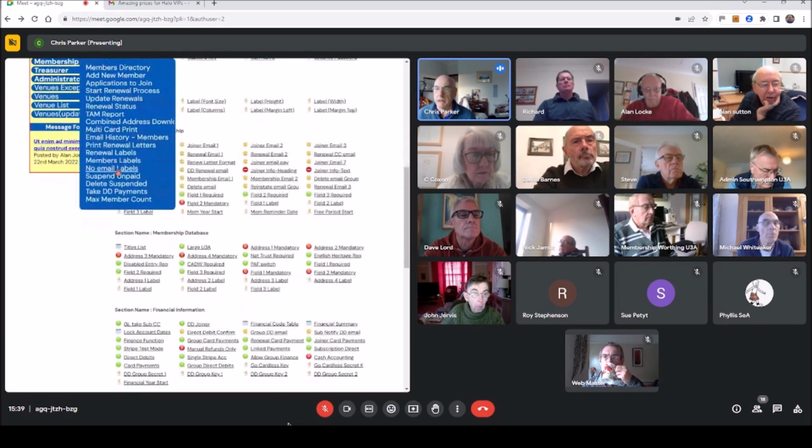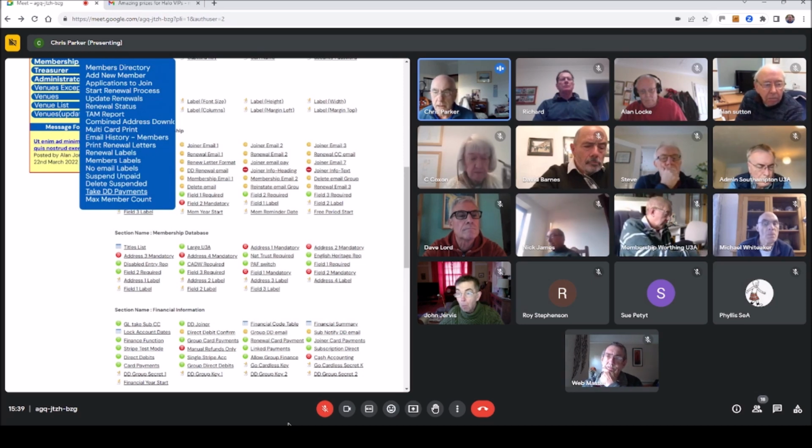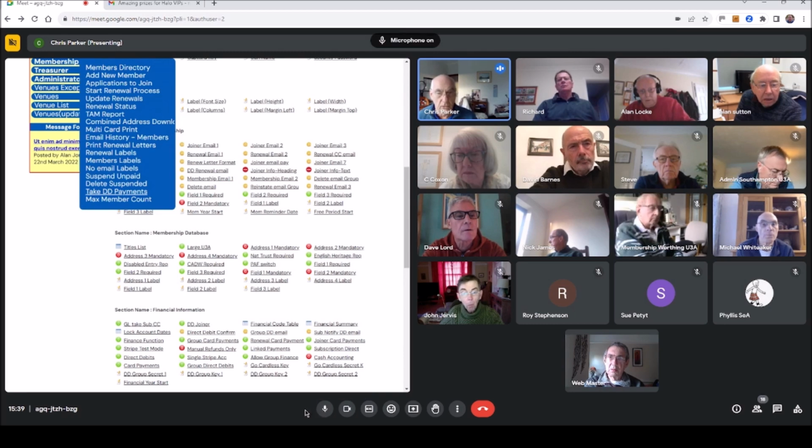In membership, this has been put back in again, so you can now take DD payments or revoke take DD payments, and that's back as it was before. You can connect up to that if you want to, and it'll take it overnight of any that are due, but it is only renewal memberships it will take. So it won't take any of the other subscriptions or anything else. It's just purely for taking your annual membership.